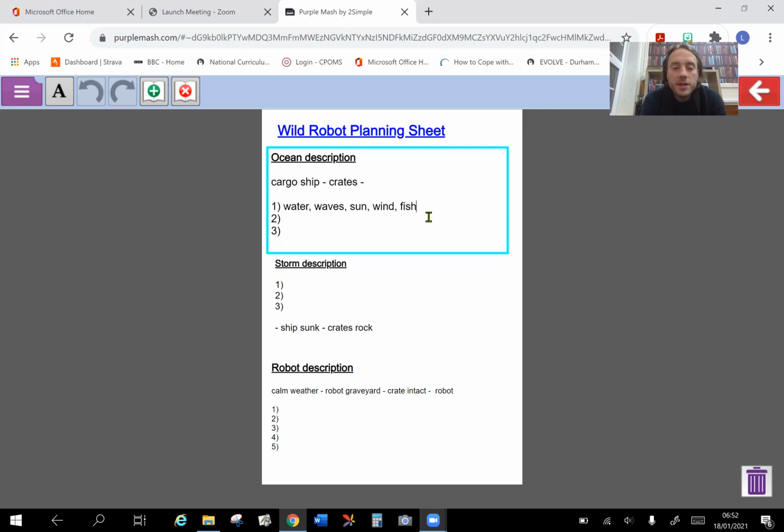You could see some fish just beneath the surface of the water. There could be some birds hovering above. There could be seaweed floating in the water. There might be a salty smell in the air. If you want to think of your own, that's fine. But I would just like you to choose 3 of these things. I'm going to